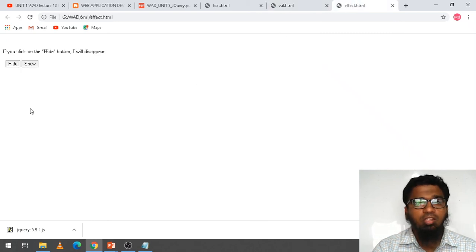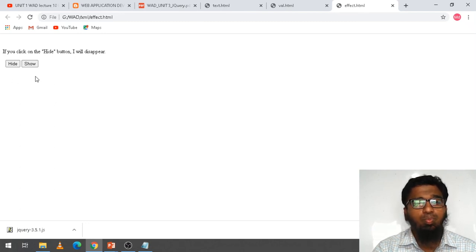And the next one is effects. For any kind of paragraph or images or any text, heading or links, you can do like this, hide. Whenever you click on hide, it will hide. Show, it will show you the content, whatever it is. Hide.